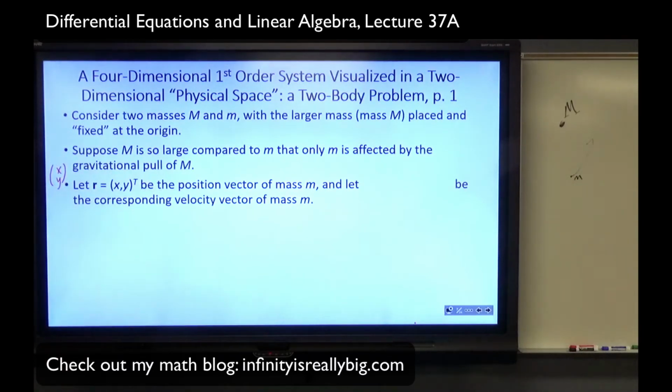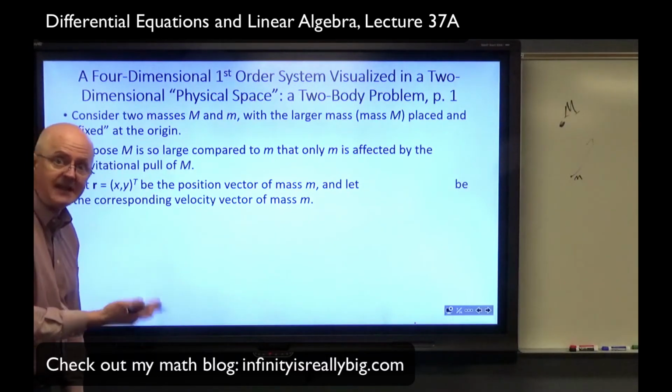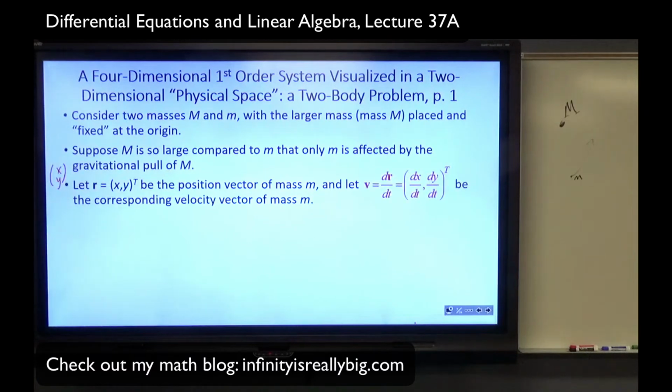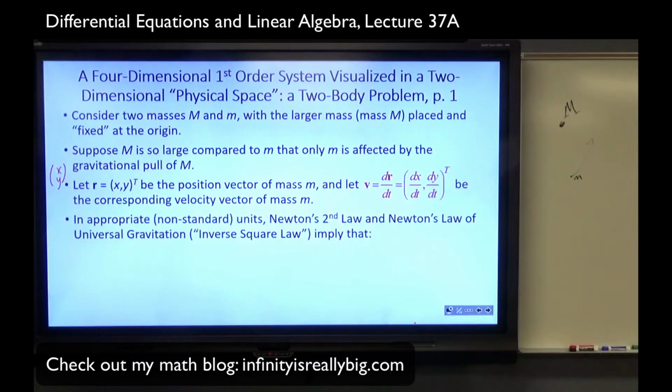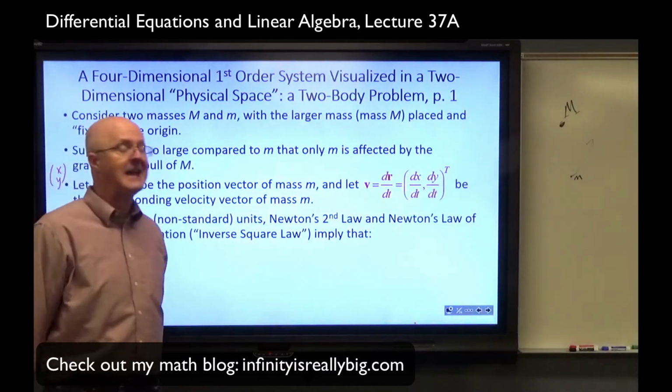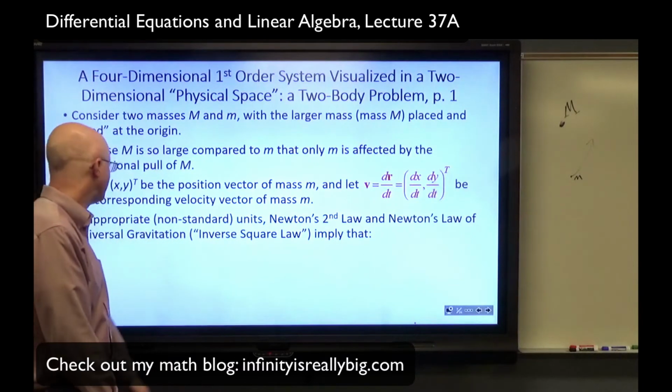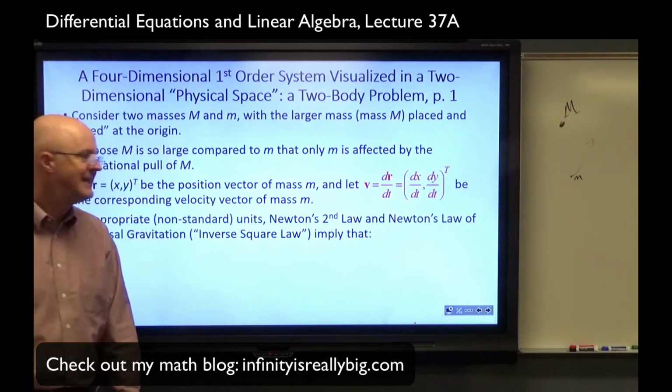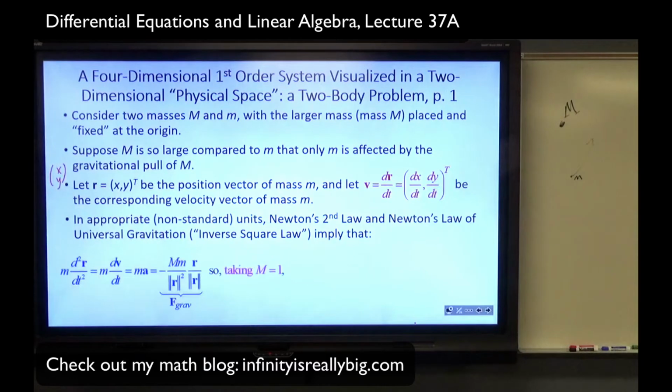Be the position vector of the mass little m, a function of little t, time. That's implicit. Let v be its derivative, the velocity vector of that mass. Inappropriate, non-standard, non-SI units. Newton's second law and Newton's law of universal gravitation, the inverse square law, imply that this